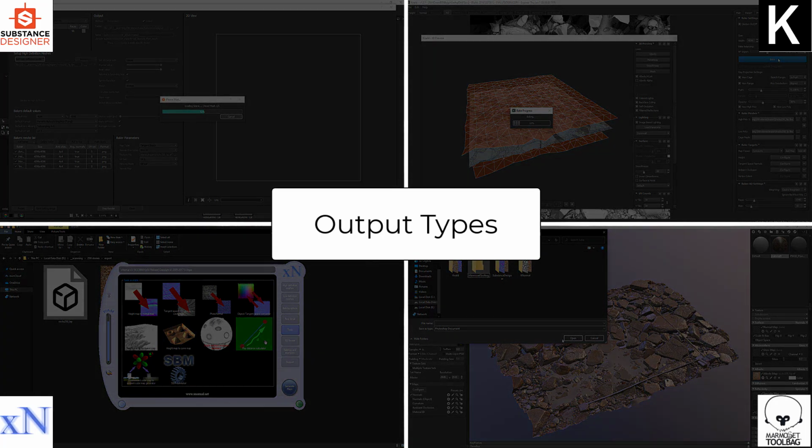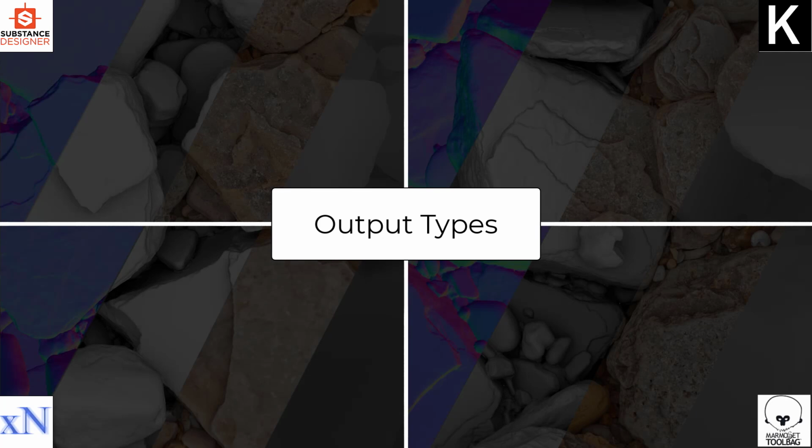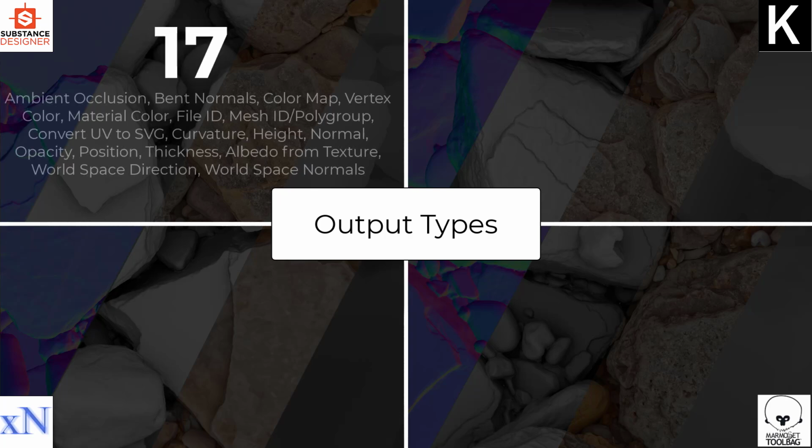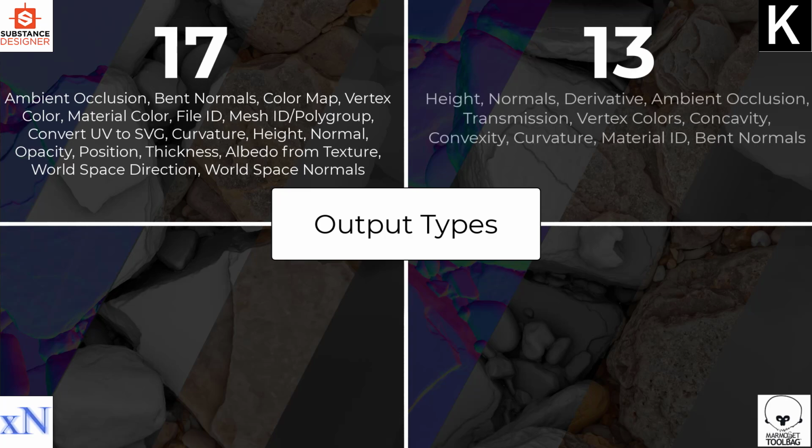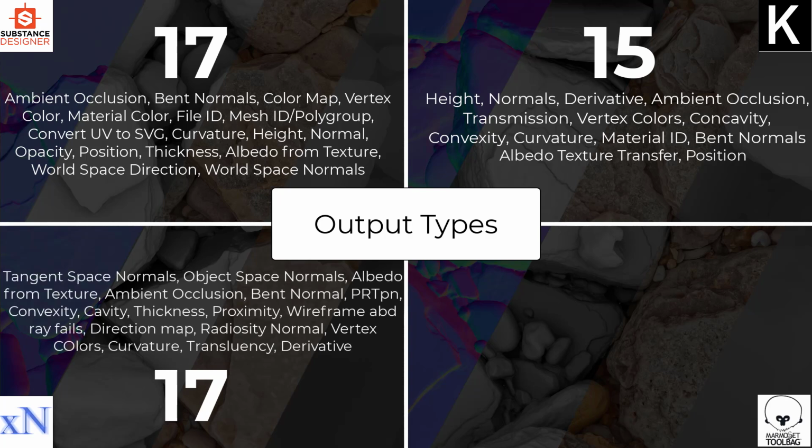The next factor we should take into consideration are output map types, which are basically the types of PBR textures we can set to be rendered by the baker. Each software delivers full range of PBR options. Substance Designer offers 17 basic output types, Knald offers 13 key output types, but with the incoming update it gets even more. We'll add them to the list as it's just a matter of the next update to get them. XNormal offers 17 key baking options, while the Marmoset Toolbag 3 offers 29 of them.